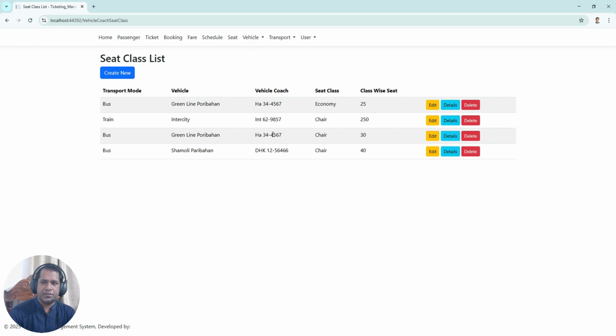So this is the hierarchy for uses of this software. Vehicles is under transport, and under vehicle, coach is there, and under coach, seat class or class wise seat is there, and seat will be in the class wise seat there. So later on I will show you how to add